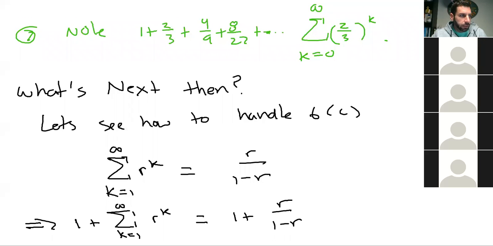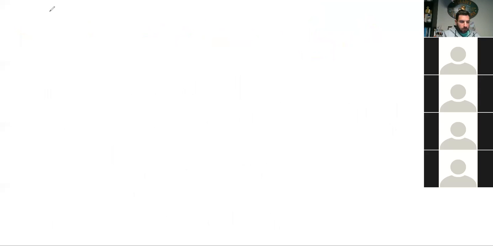Let me be more clear. Let me do more than just 6c. Let's see how to handle 6 when k, let's phrase it this way, when k starts at 0 or 2. So if I take my fact right here that we started with, we did this last class, I add 1 to both sides. Well, what does that tell me? This tells me that my sum starting at 0